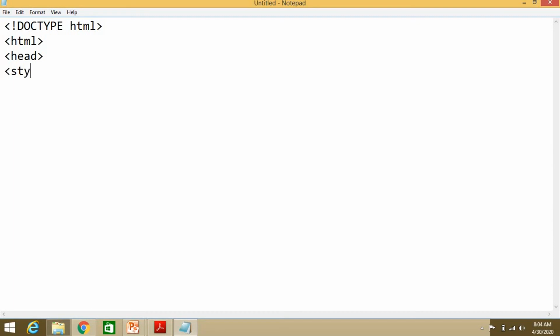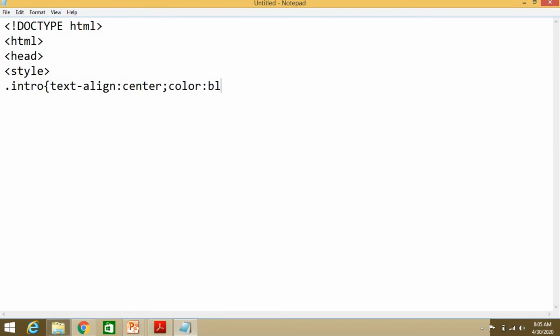Skip the title part and use the style tag. In that I am using .intro, so somewhere this intro will be my class. In the body, text-align will be center and color should be blue.